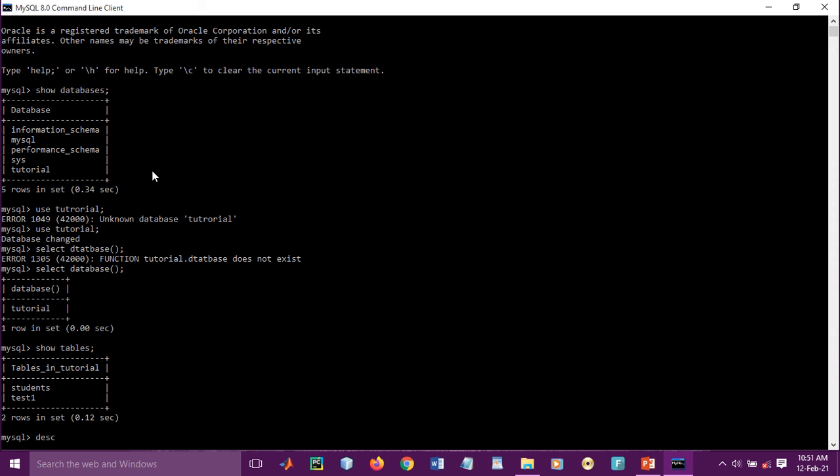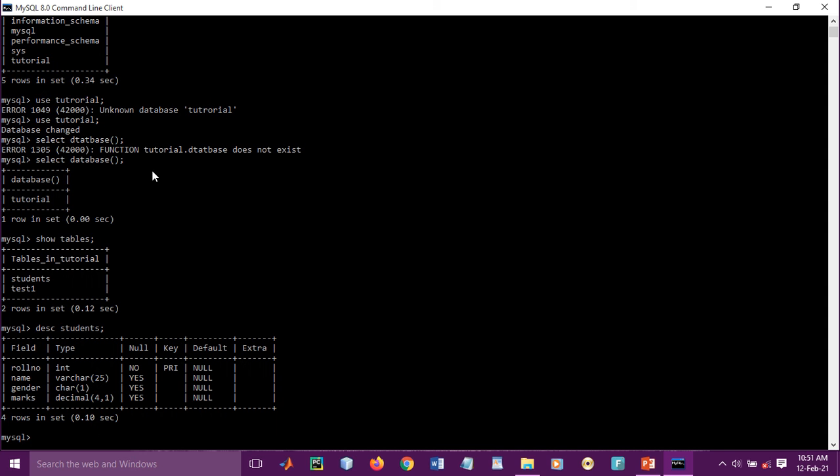So let's see the structure of the students table. Describe students. These are the fields: roll number, name, gender and marks, which accept data types like integer, varchar, character, and decimal. I had created roll number as a primary key so that no two students share a common roll number.